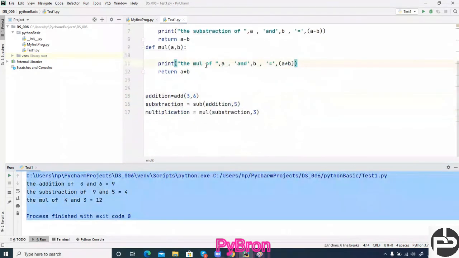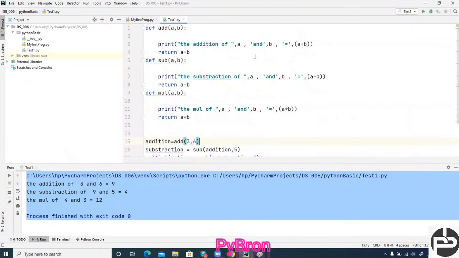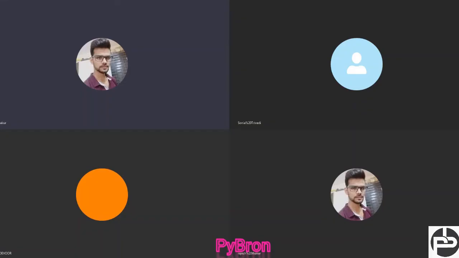Any doubt so far? Okay, so this is method, and now let's create one method which will check whether the number is prime number or not. What do you mean by the prime number? So you have to take a number with the user. Take the number with the user and then check the condition. You have to write some logic, so it will answer me whether this number is the prime number or not.